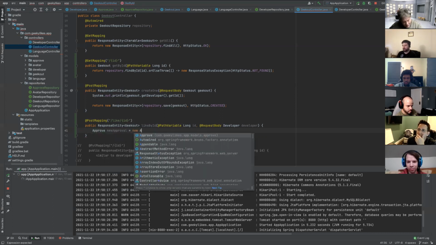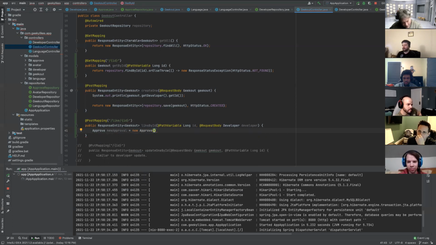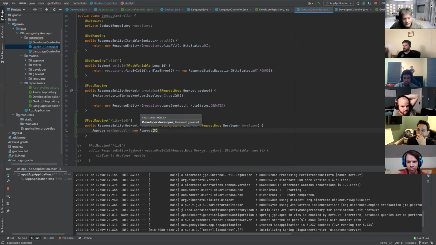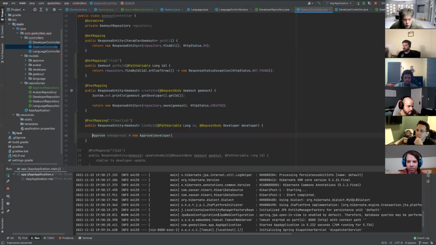equals new approval, new approve. And in this case, we can actually give it, which is the order again. Is it developer first? So yep. Developer. And then we also need to give it a geek out, which we don't have yet, do we? So let's change that actually. First thing we need to do is actually find the geek out. So first, geek out